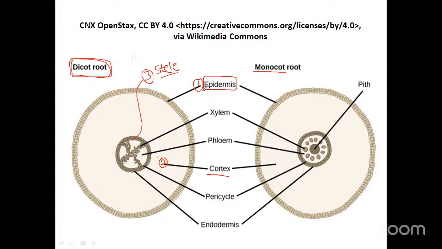The epidermis is the outermost layer like in the leaf, and this is similar in the stem also. It is a single layer, uniseriate, without intercellular space, and it is covered by cuticle, which prevents the loss of water. And very rare stomata are present, very rare. So this is about the dicot stomata. Whereas in the monocot root stomata, if you see the monocot root,